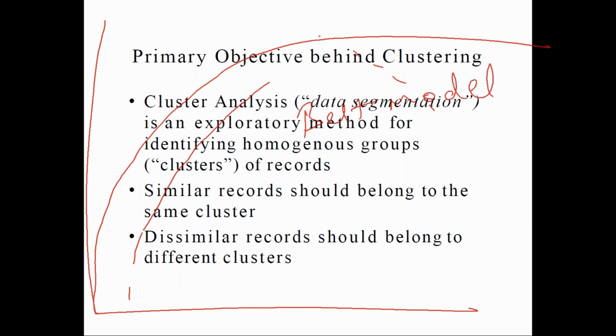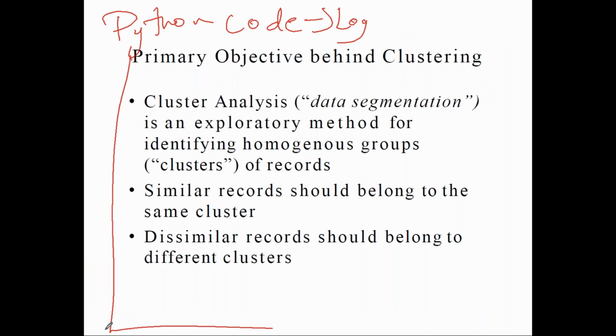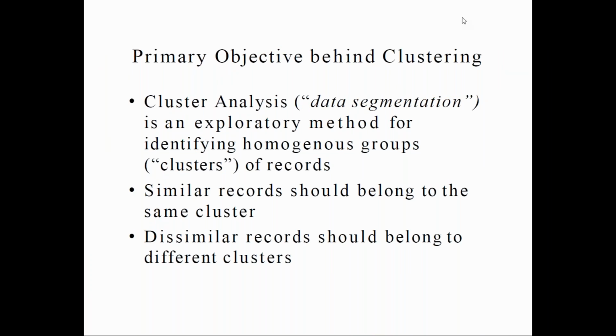When I explain the Python implementation of logistic regression, I'm going to explain that ROC curve and AUC, area under the curve. What is the full form of ROC? Receiver operating characteristics. Okay. AUC, area under the curve.